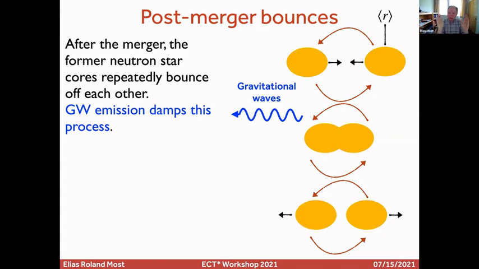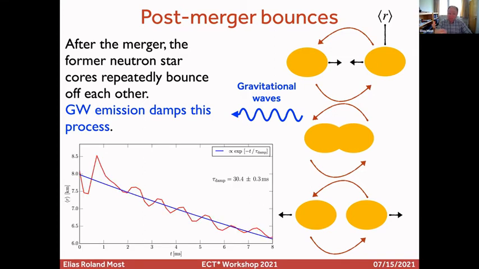And that's because after the two stars collide, they don't immediately form this fragment, but there is some oscillation going on where the two neutron star cores fuse into one. Think of that as a big perturbed neutron star. And these oscillations are effectively being damped by gravitational wave emission. And what we did is we can in principle estimate